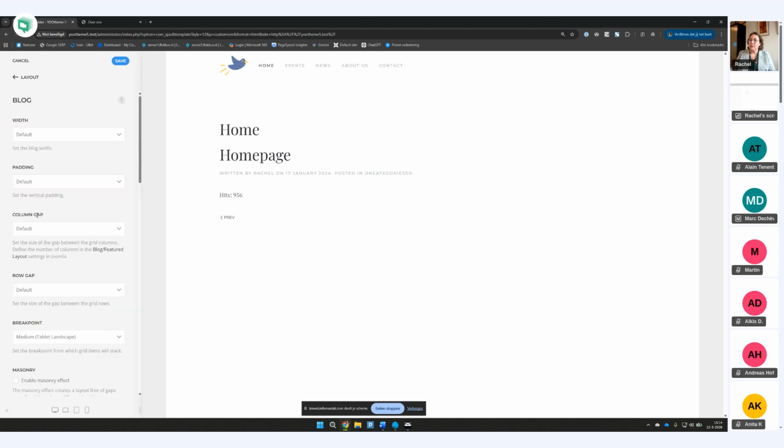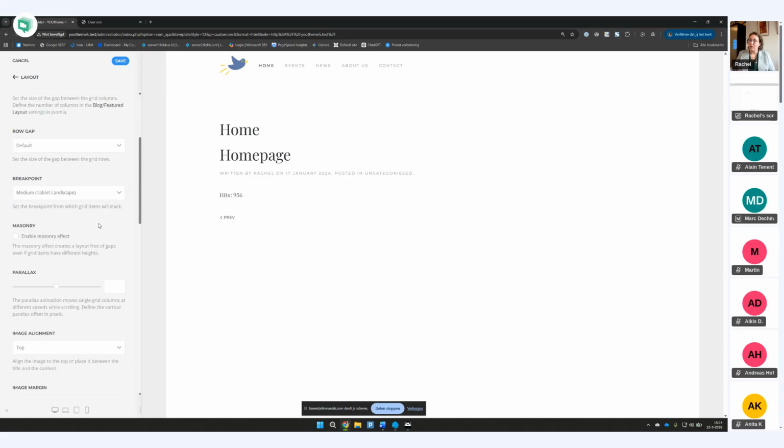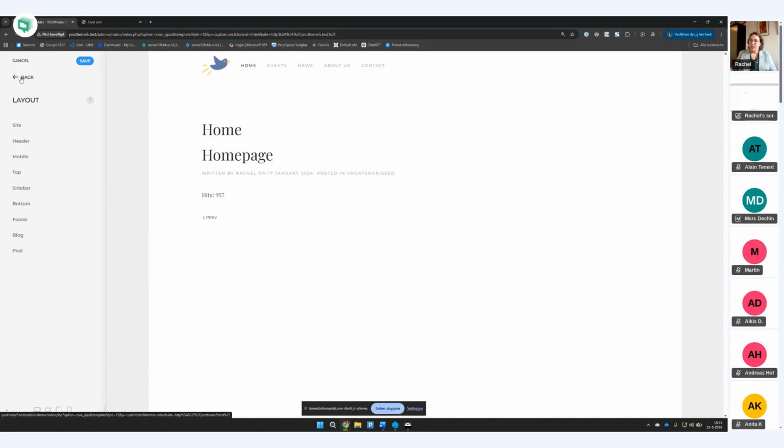Let's have a quick look. You can determine things like the width, the padding. If you are in the blog, you can even make it a masonry effect. The number of columns you are seeing in your blog is determined by your menu item. So you still use the default things you've always used, but here you can adjust it a little. Okay, so